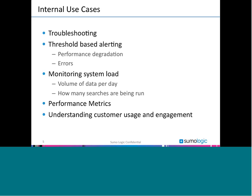The first phase of my analysis will traditionally be what we would call forensics or troubleshooting. And then once I figure out the nugget of insight in the course of that investigation, once in a while I want to visualize that data. I want to put that on dashboards so that it's always available for me to take a look at quickly. Or sometimes I want to set an alert based on that and get alerted when something like that happens again